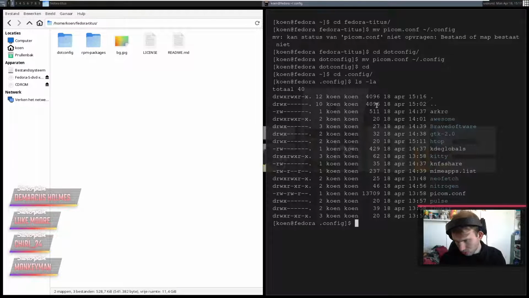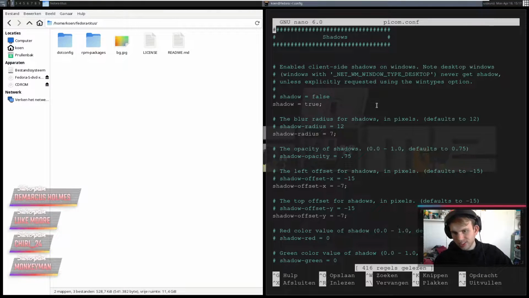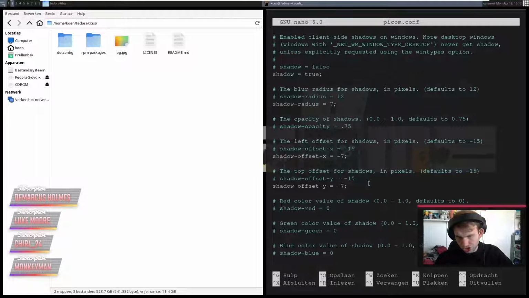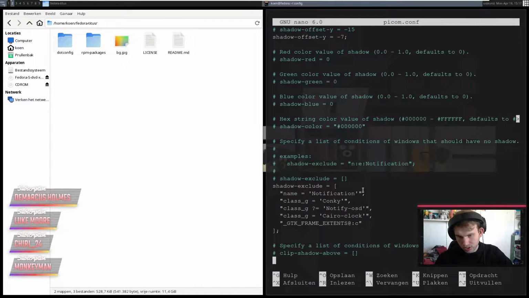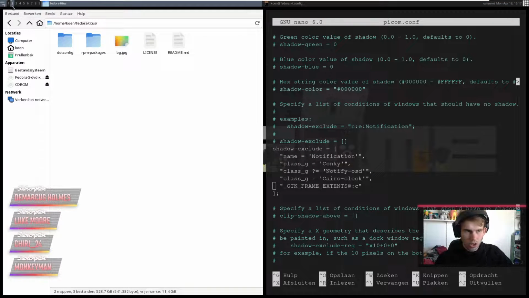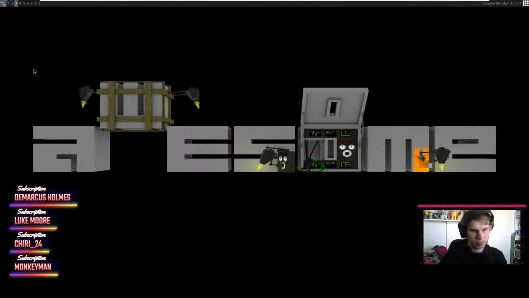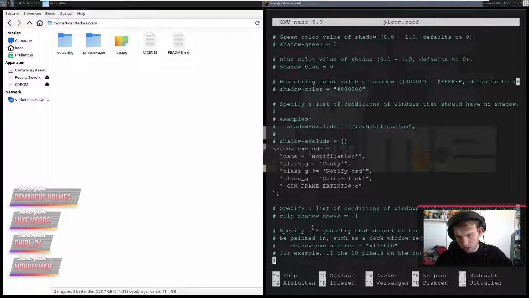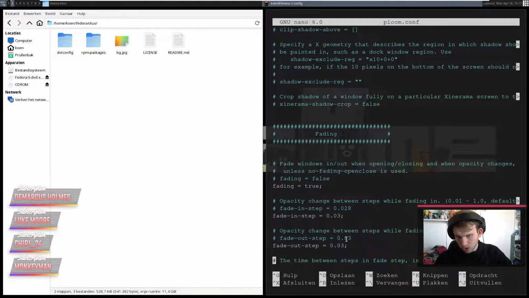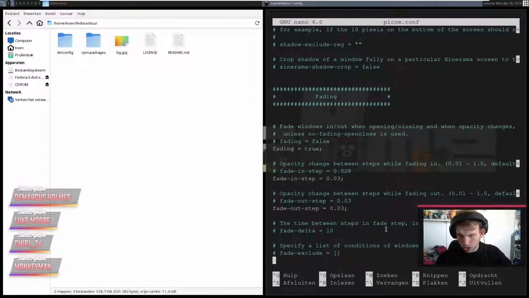Oh. sudo nano picom.conf. Let's see what kind of stuff we get. Shadows are set to true. Shadow offset. Is picom running? It is. Fading is set to true.